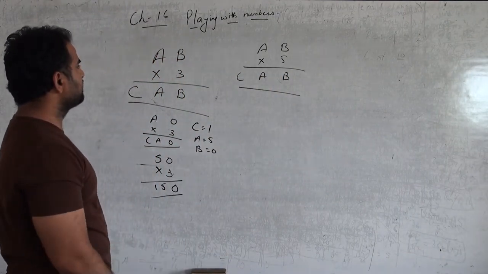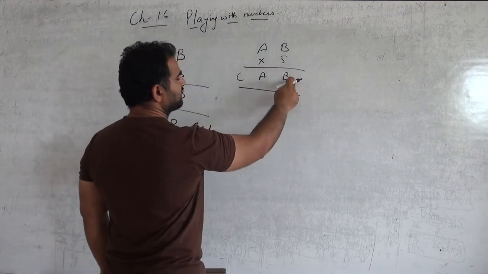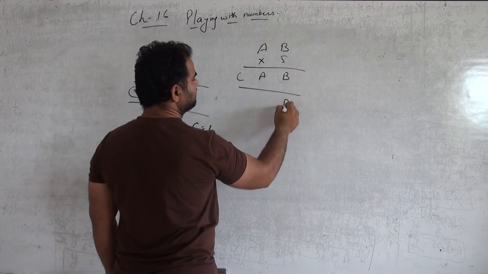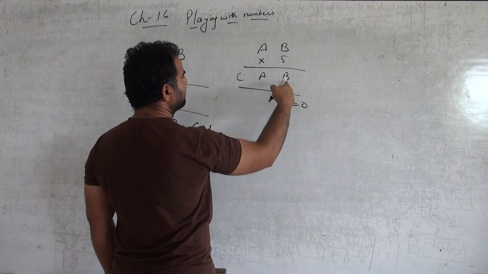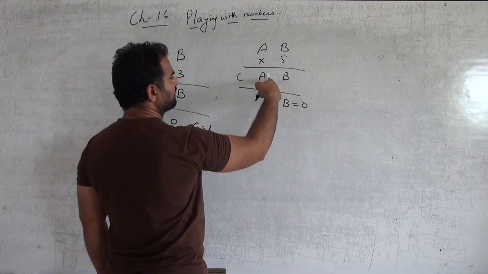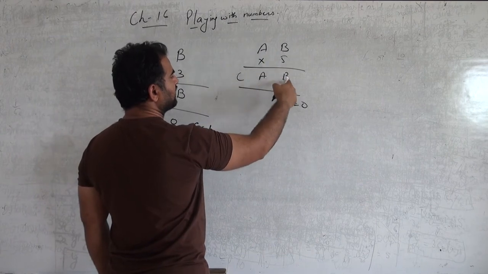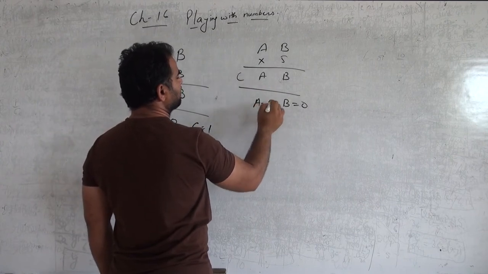Okay, so we can go like B should be 0. So the answer will be 0. So B equals 0. So it will be 5 zeros are 0. Then 5 into what will be this? So 5 into 3 will be 15. No, 5 4s are 20 and 5 5s are 25. So we should write 5 there. So A equals 5.